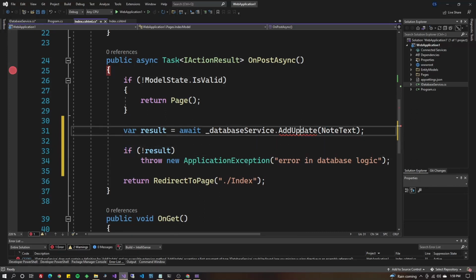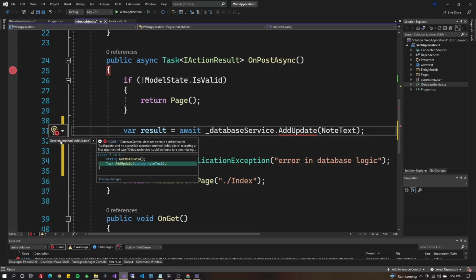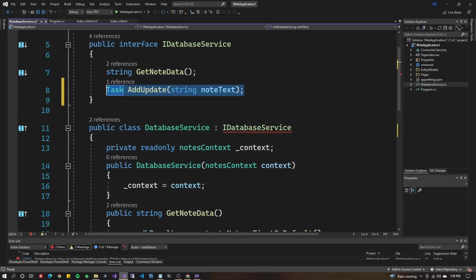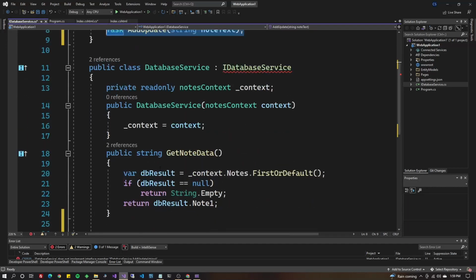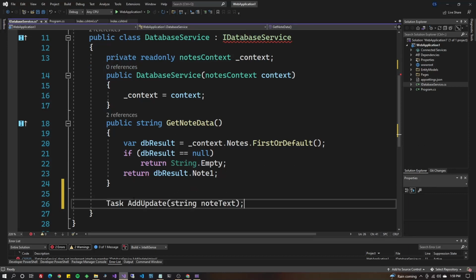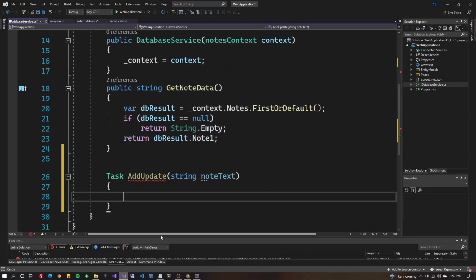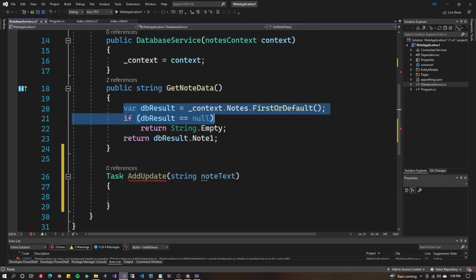And let's go ahead and implement this. So control dot on add update, and we're going to generate the method. Hit F12 on that. It only generates it in the interface, and that's okay. So go ahead and copy that. And down here, paste it without the semicolon, add some curly braces, and here we are going to start by copying this piece,